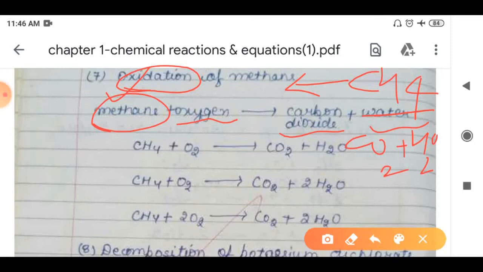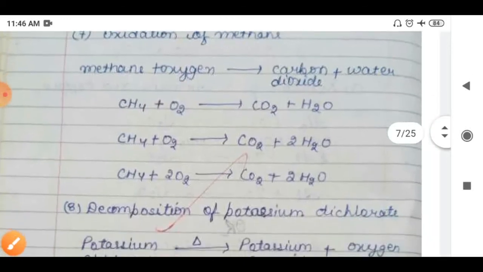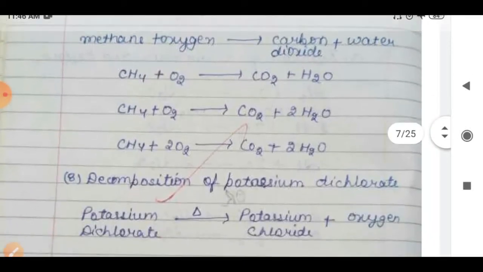It means we have to balance this equation in which whenever methane gets oxidized, at that time it is converted into the carbon dioxide and water, right? So what is our basic chemical equation? And that basic chemical equation is what, CH4 plus O2 that is equal to CO2 plus H2O.